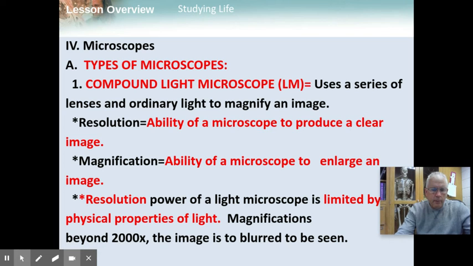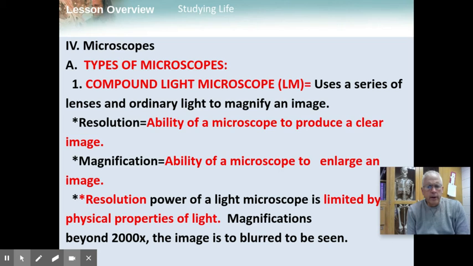Resolution is how good it produces a clear image. If I make these slides so big that I lose my resolution, they don't do you any good. So if you get things beyond 2000x,